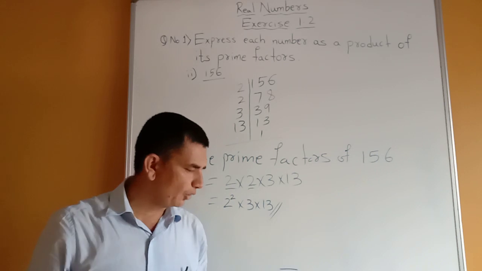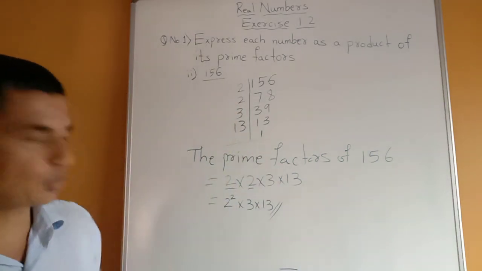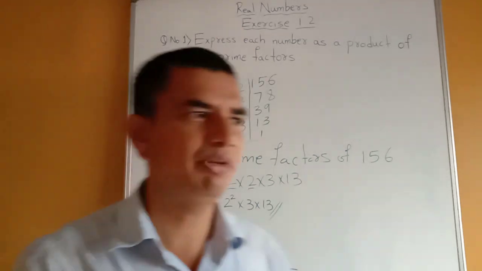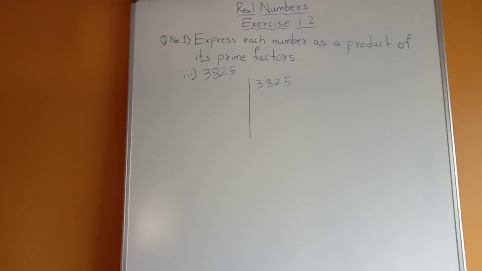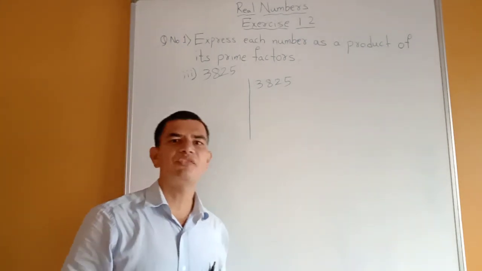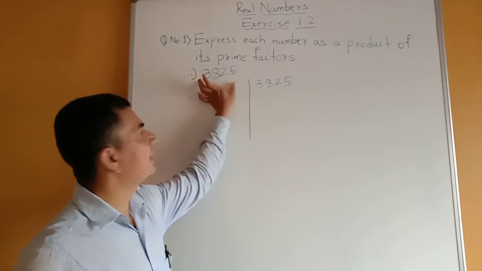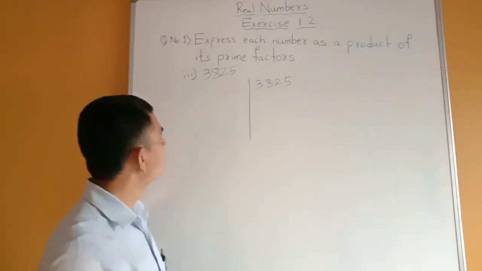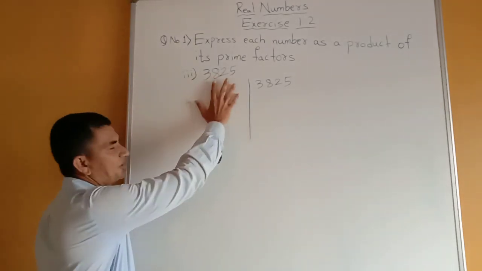Okay students, now let us go for the next question. That is, in the same one more question I am going to explain. After that we can go for main question 2. Okay students, after completion of the first and second question in the first main, we are going to solve question number 3 in first main. The question number 3 in first main is 3825 as I written here.